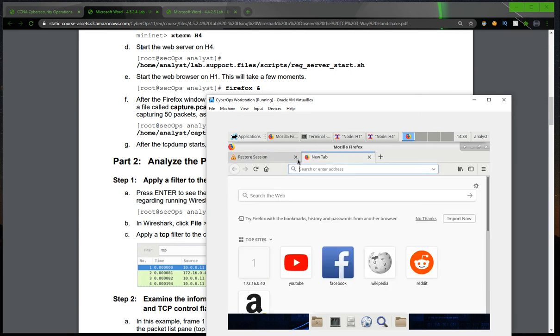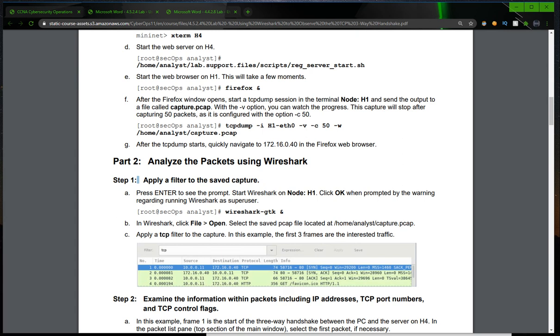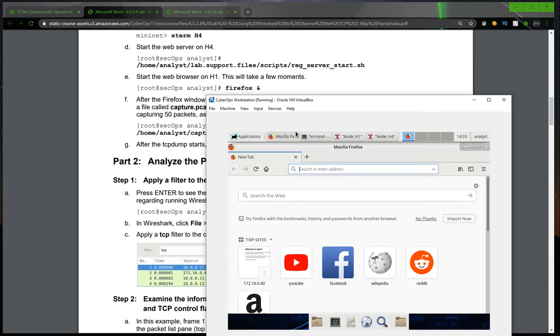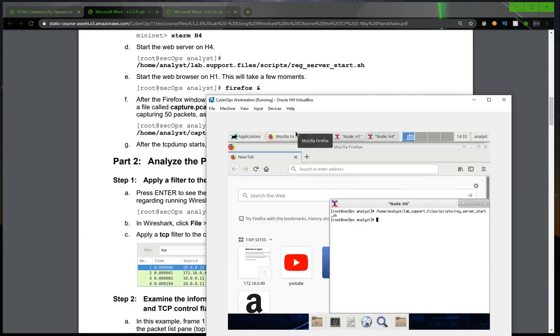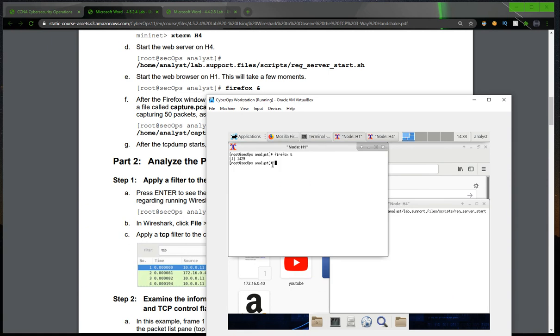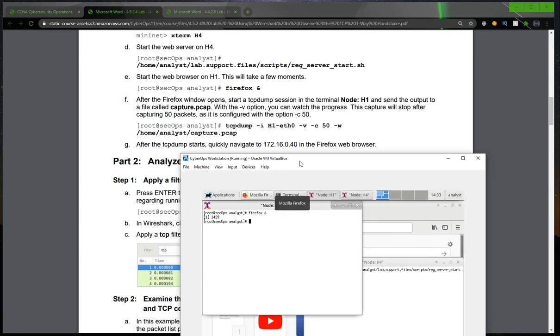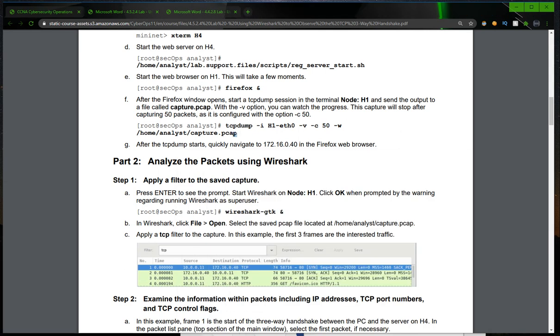It will open Firefox on our machine shortly, and you can see it has started. Now we have to capture the packets using tcpdump. For that we have to open the terminal h1 and type the command given here, and when we run this command, at the same time we have to open this IP address in our Firefox.